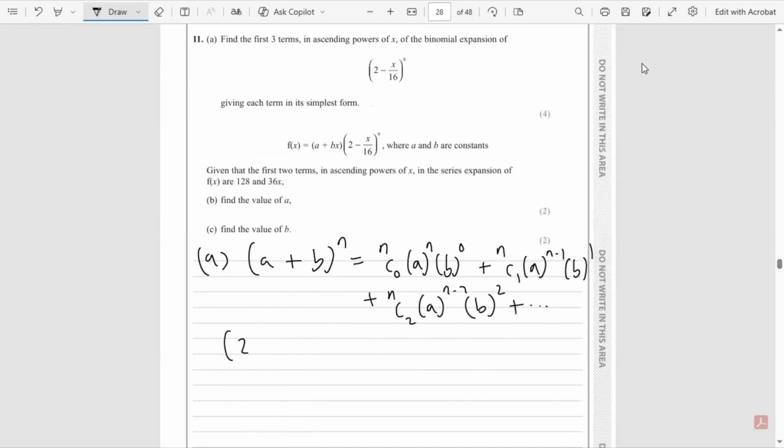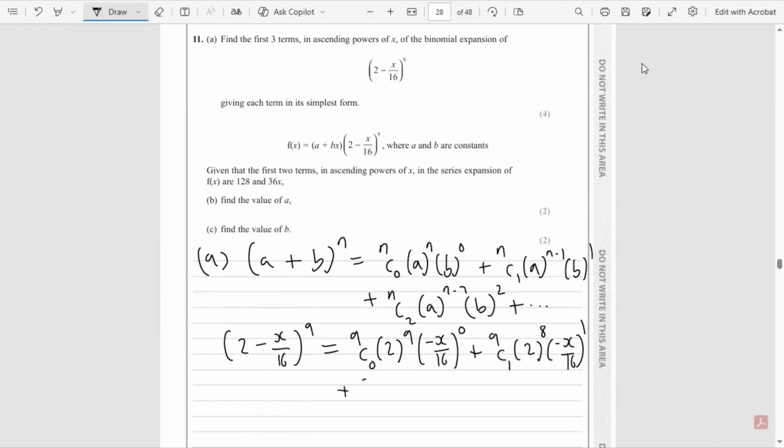So with this question, we've got 2 minus x over 16 to the power of 9. So we're going to have here 9 choose 0 multiplied by 2 to the power of 9, and then multiplied by x over 16 to the power of 0. So remember to include the signs, so include that minus sign with this question. Then we have 9 choose 1, and then 2 to the power of 8 this time, and then minus x over 16 to the power of 1, and then 9 choose 2, and then 2 to the power of 7, minus x over 16 to the power of 2,